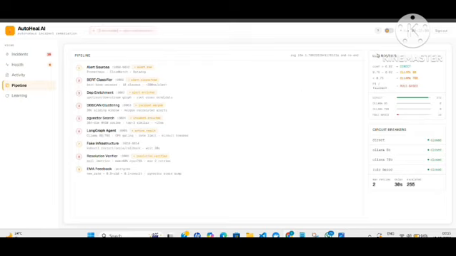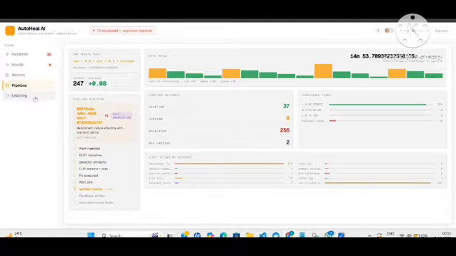Then there is LLM routing. How is the alert given to the router? How is the alert given to the LLM to solve? On what basis? That's also there. And also again learning, this is the MTTR trend, which is the mean time taken to resolve. So before, during the training, after the training, how much time it took to resolve the alerts,